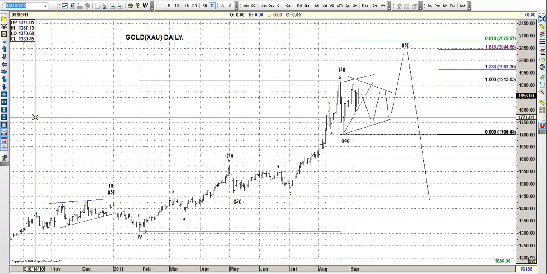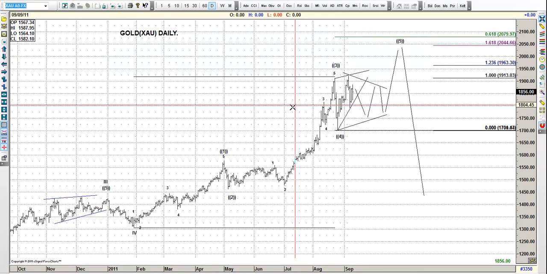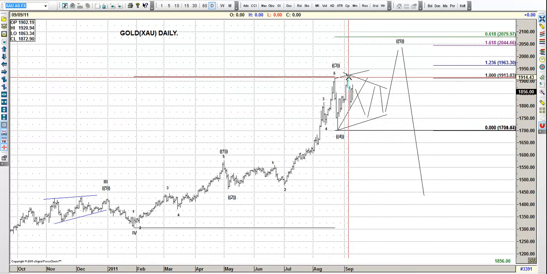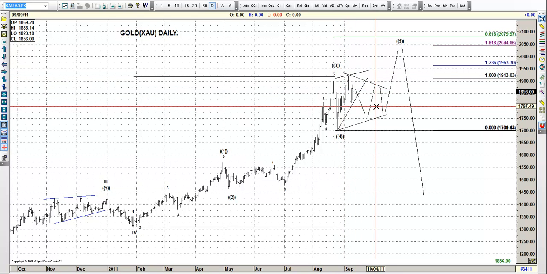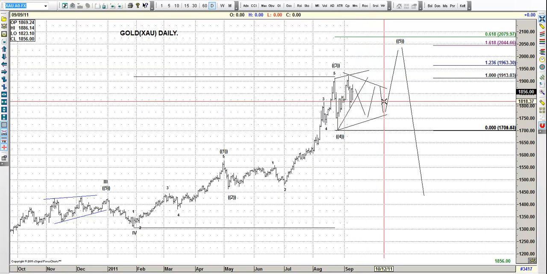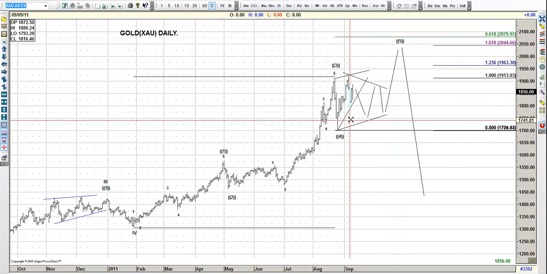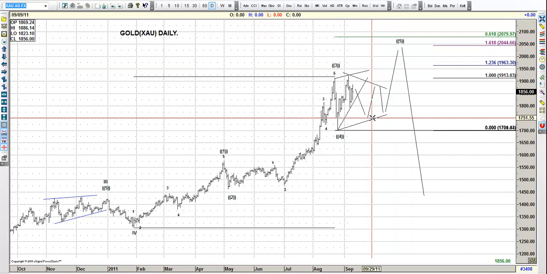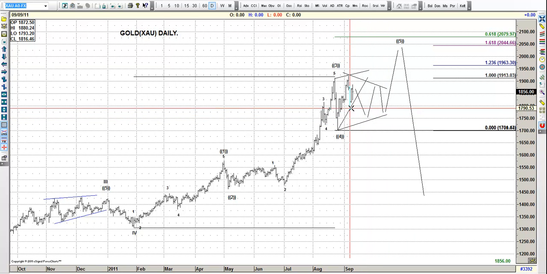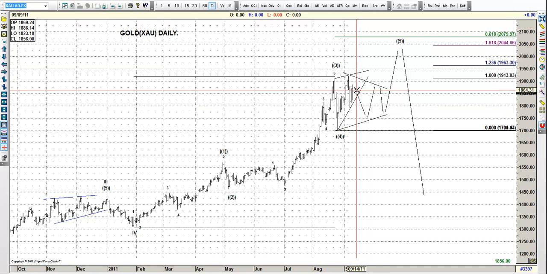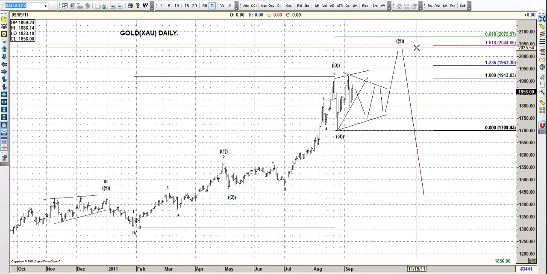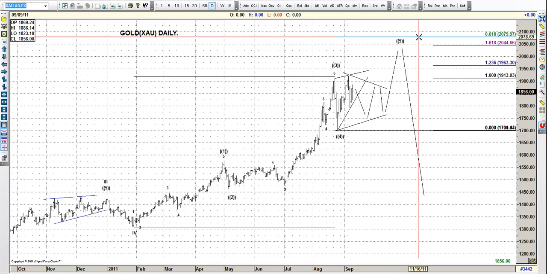Now let me show you gold. Gold, we have it within a wave 4 right here. From here to here, all gold did was a three-wave move. A three-wave move can be two things: either a triangle, as we labeled in here, or an ending diagonal. This is a wave 5, very easy to be an ending diagonal. So still we believe that gold is going to get to either 2044 or 2080.